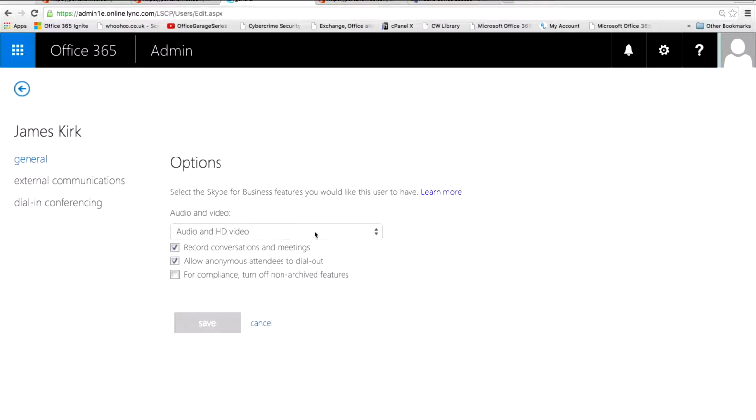you can see what kind of quality I want the user to have. So again, it defaults to high quality. Do you want to record the conversations? Do you want to allow anonymous attendees to dial out? This is really nice, by the way. Again, depending on your SKU with Office 365, you can actually have online meetings with up to 250 attendees out